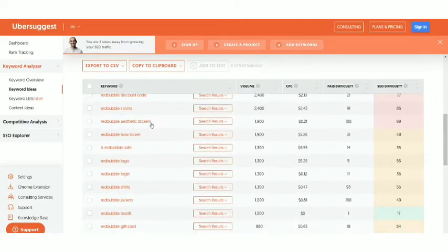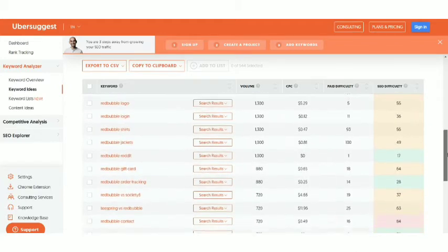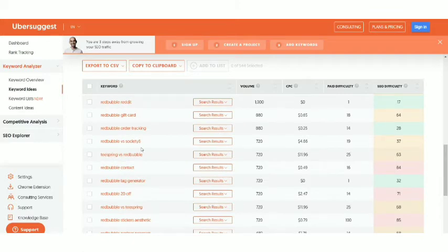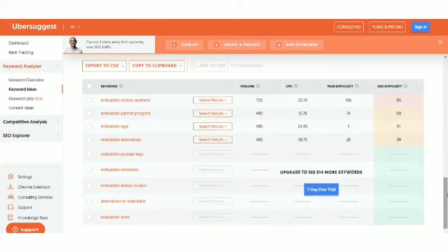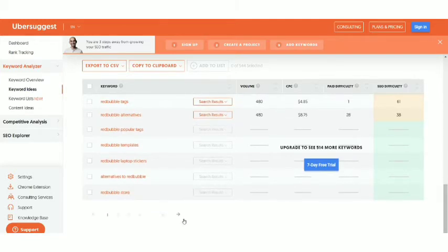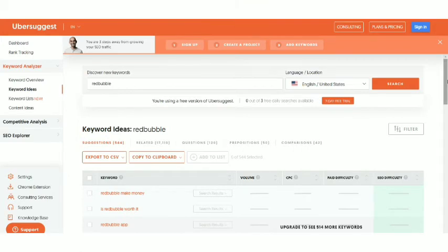Then the aesthetic stickers, so this is the kind of niche you can call it. Then the Redbubble logo, okay fine. Redbubble shirts, jackets. You can scroll down more. Then the comparison, contact text generators, stickers, Redbubble partner program. So you get the idea, guys. There are so many keywords people are looking for related to the Redbubble, the laptop stickers. So the stickers, posters, iPhone cases, t-shirts, these kinds of products have more search volume on the first page. Then you can actually go to the second page itself and look for the keywords for which people